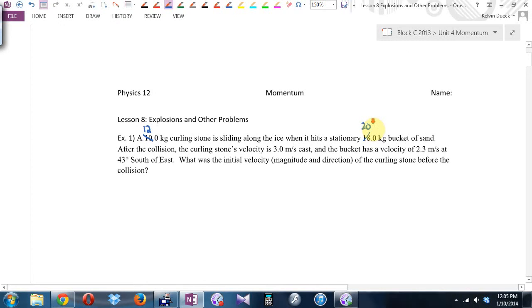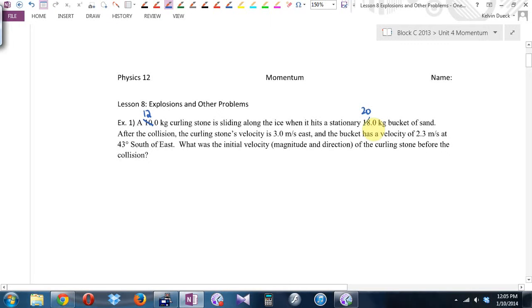After the collision, the curling stone's velocity is, let's carry on with our theme of just adding 2 to everything, 5 meters per second east. And the bucket has the velocity of,